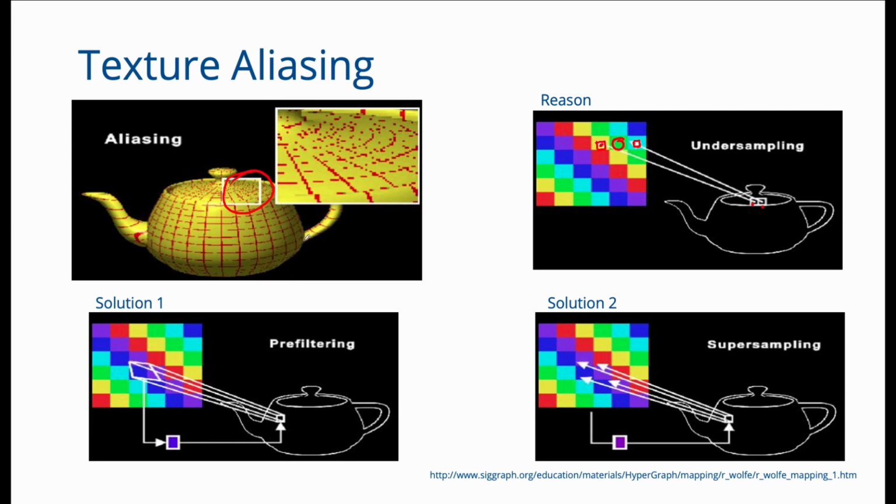This results in textures which look broken when you have applied them to the scene. So here is a texture that is a yellow image with red lines on it, and when I texture map it onto a scene containing this teapot, if this teapot is of a smaller size than this texture, you can see that these red lines appear broken up. So you can see these gaps in the red line. This is because consecutive texels do not map to consecutive pixels all the time. This is the problem of texture aliasing.